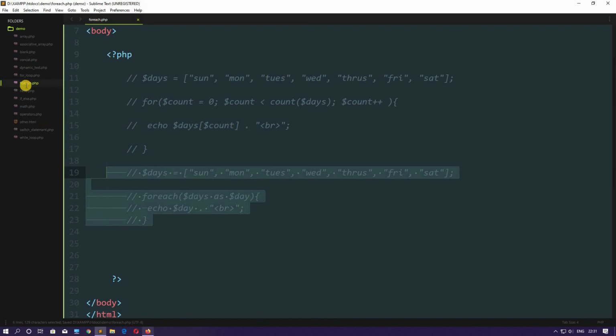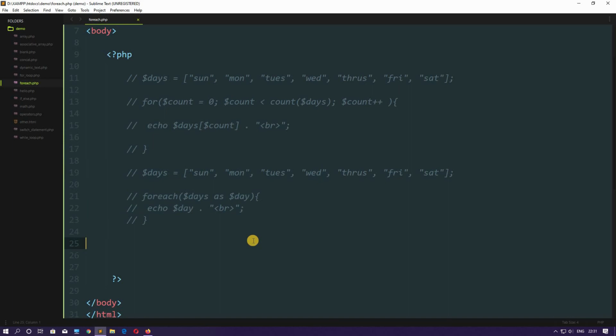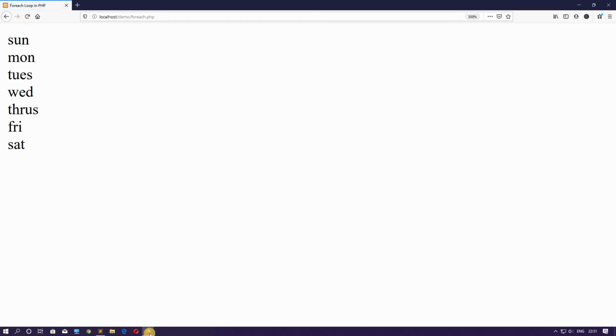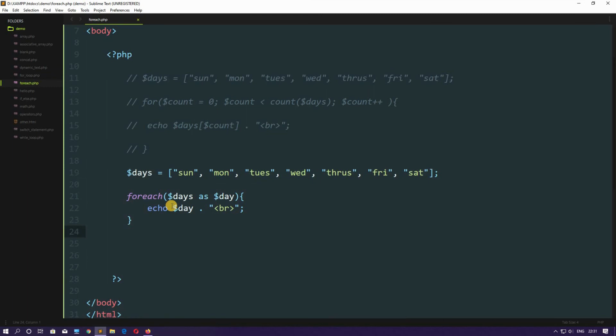Now if I go to the browser and hit refresh, see, it disappeared. That means our foreach loop was working. Now save this, come here, hit refresh. Cool, right?